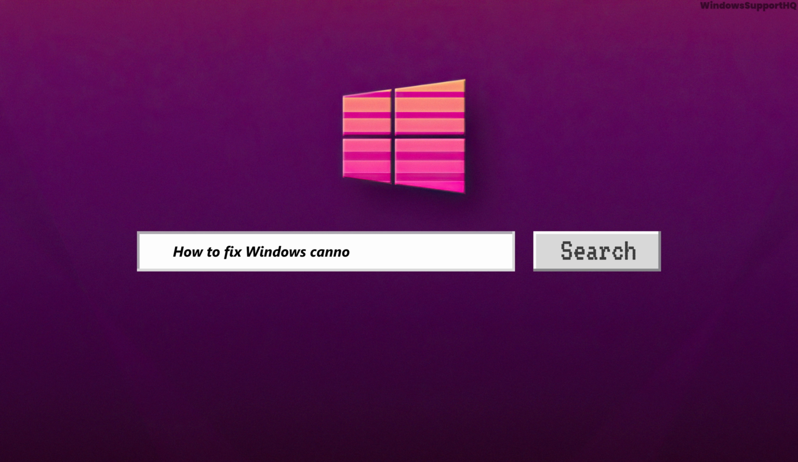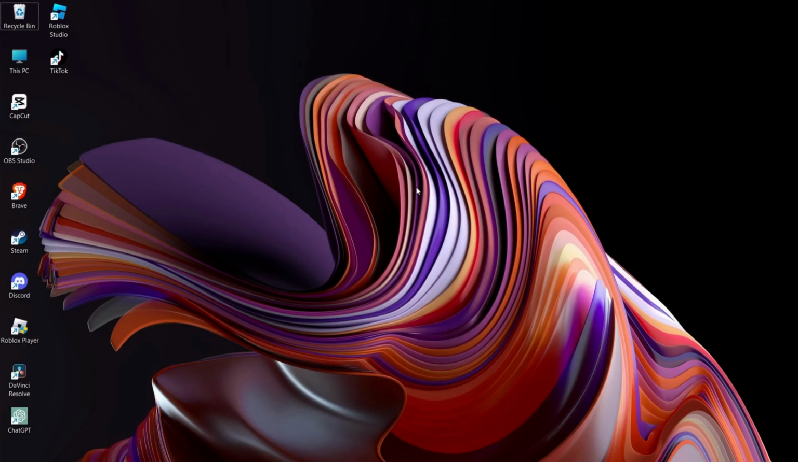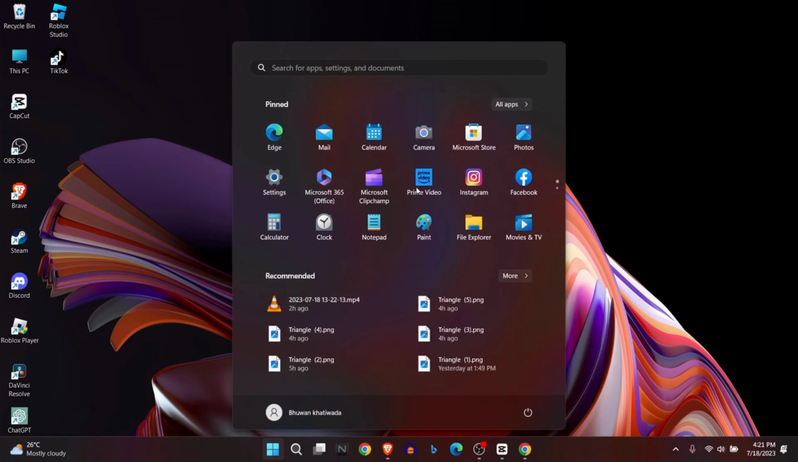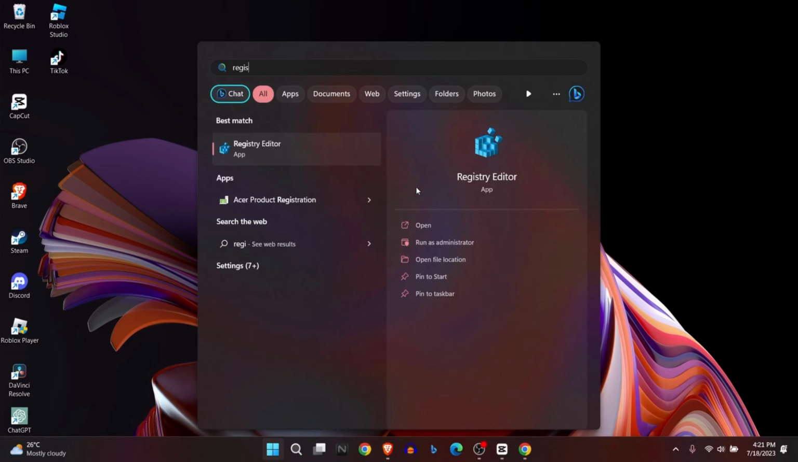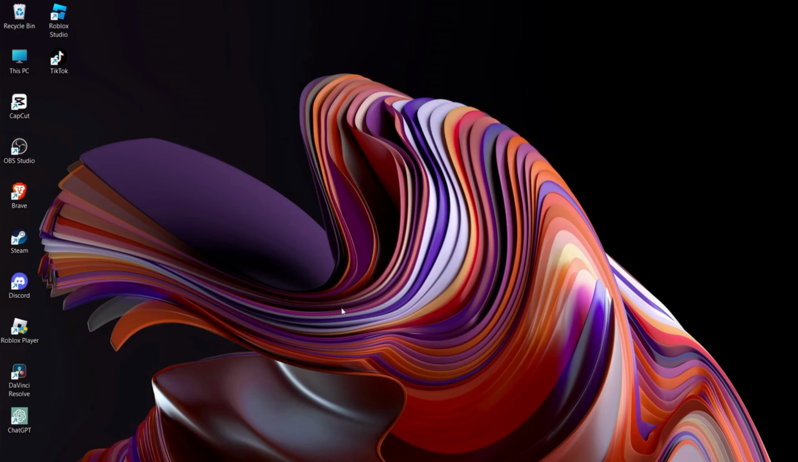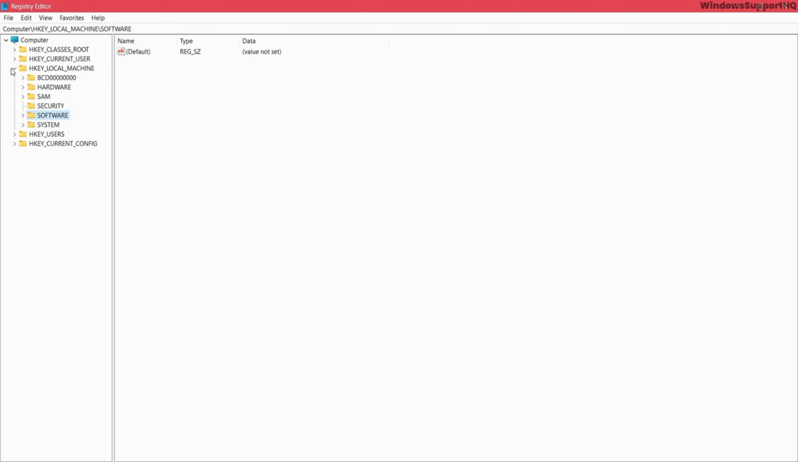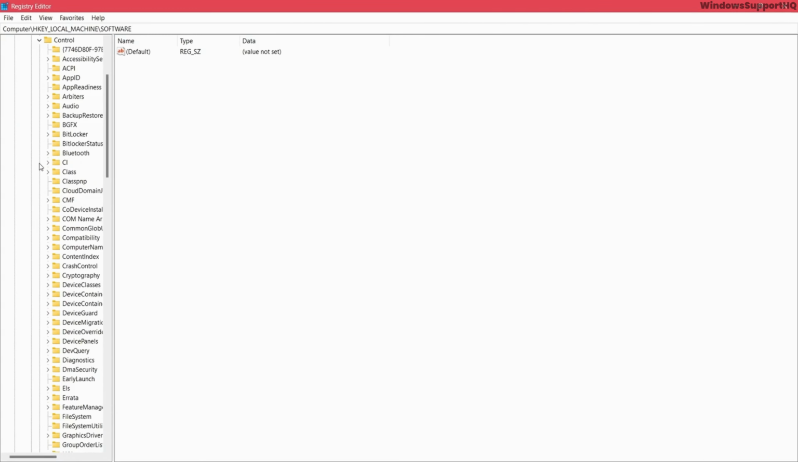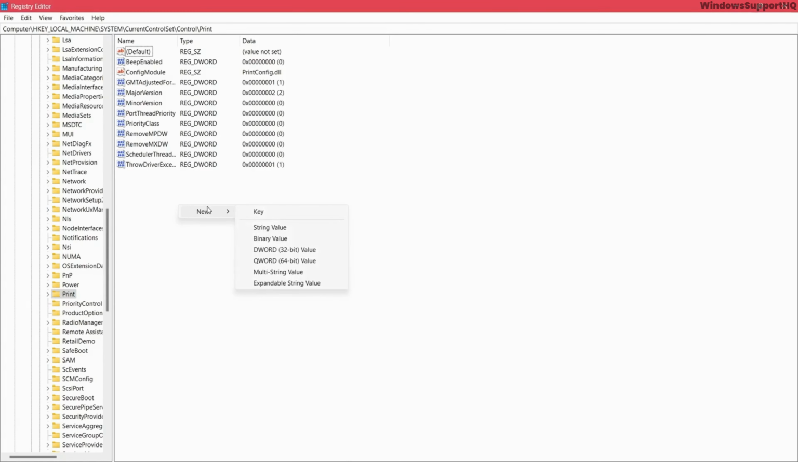How to fix Windows cannot connect to printer. So if you're facing this problem, go to Windows and go to registry editor. Open up the registry editor. From here, expand HKEY_LOCAL_MACHINE and expand SYSTEM. Go to CurrentControlSet, expand Control, search for Print, and here right click and add a new DWORD (32-bit) value and